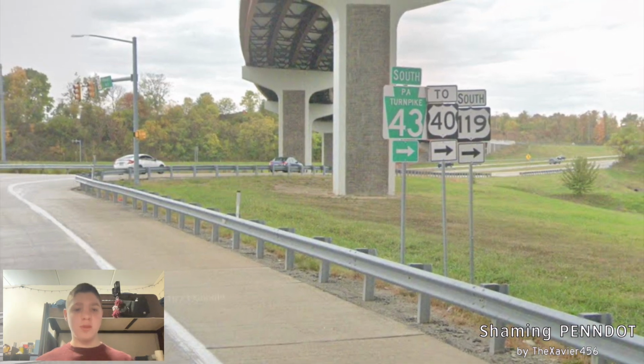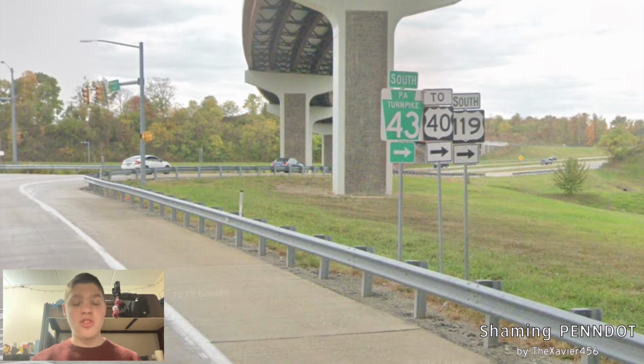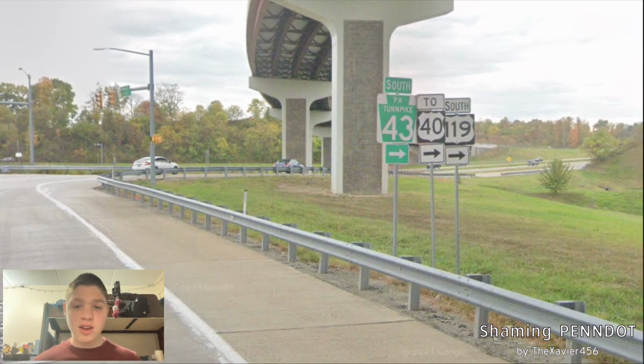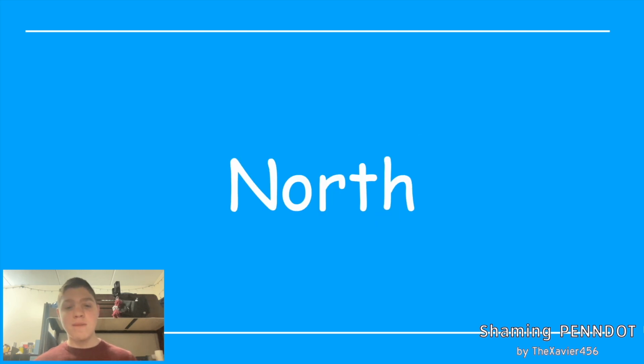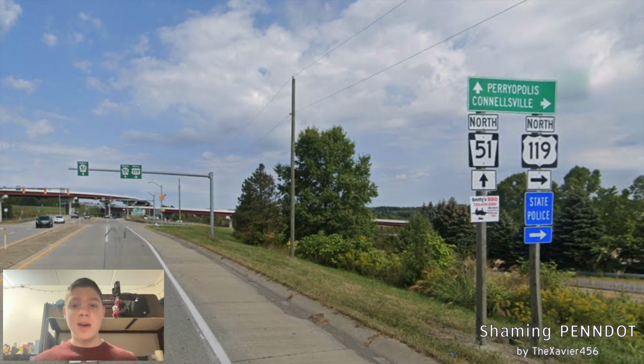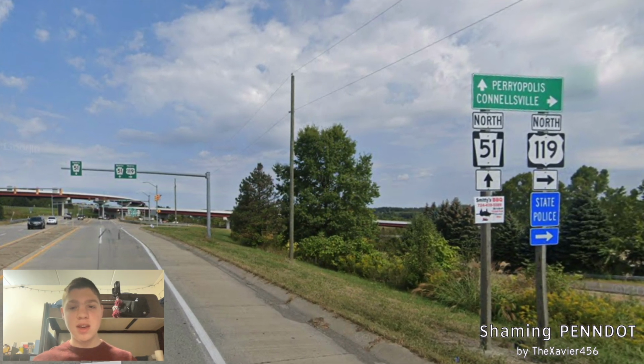We meet with South PA Turnpike 43 and 2 US 40 and 119 southbound. And that's going to be it for southbound, so now we're going to be talking about northbound PA 51. After we have our intersection for US 119 northbound for Connellsville, that's the right choice I think, we're now getting